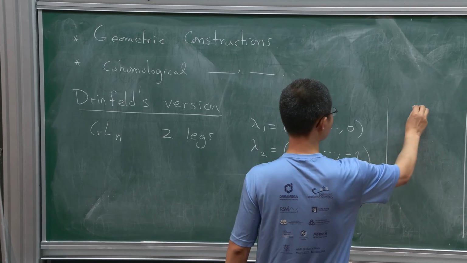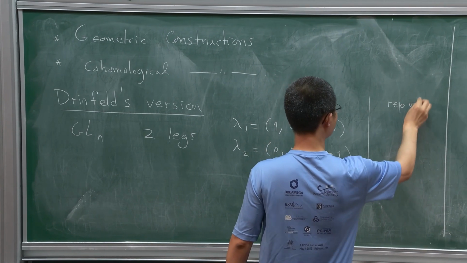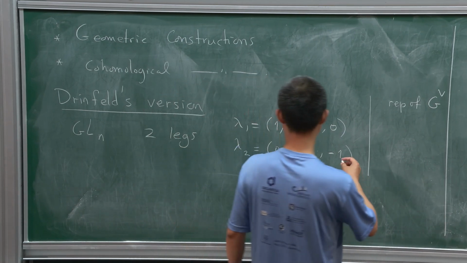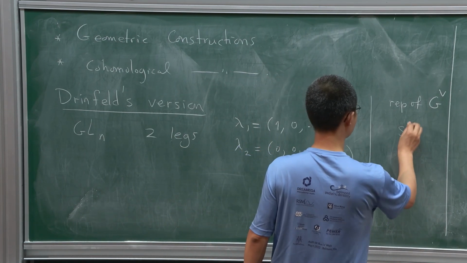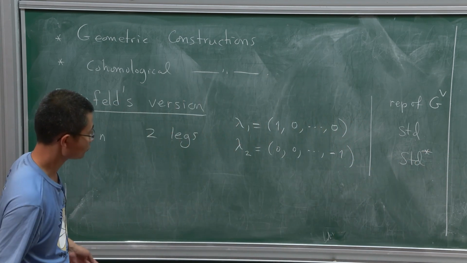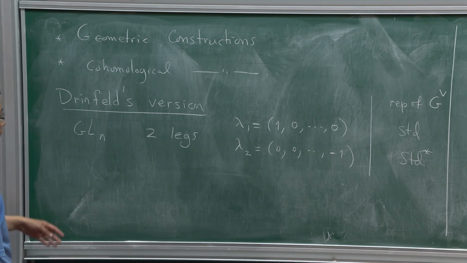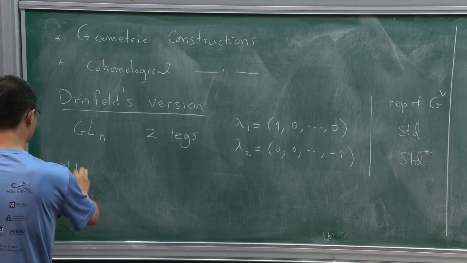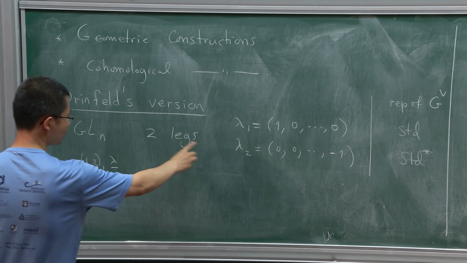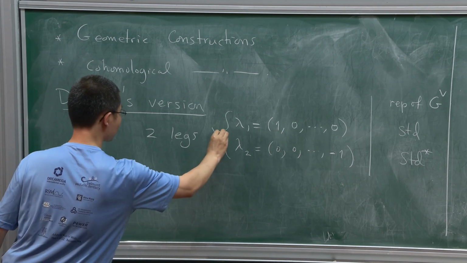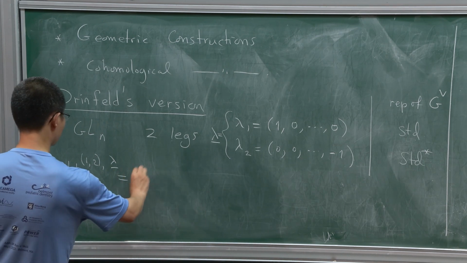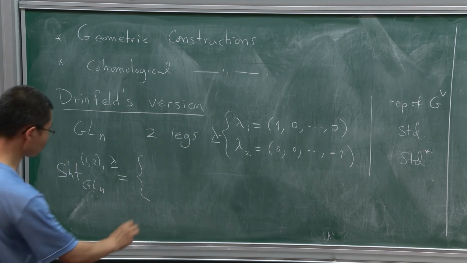So these two, in terms of representations of the Langlands dual, correspond to the standard representation and its dual. Okay, so then Shtuka with two legs and this pair of co-weights, GLN, classifies a pair of